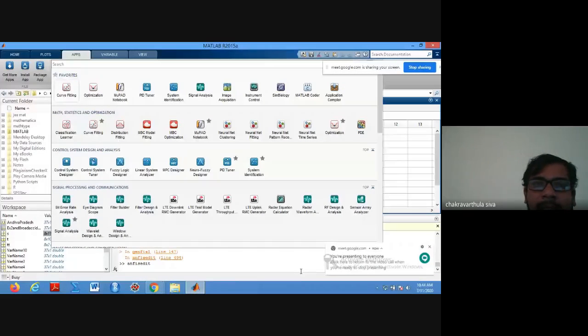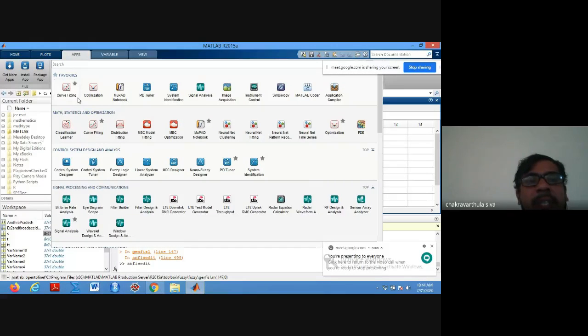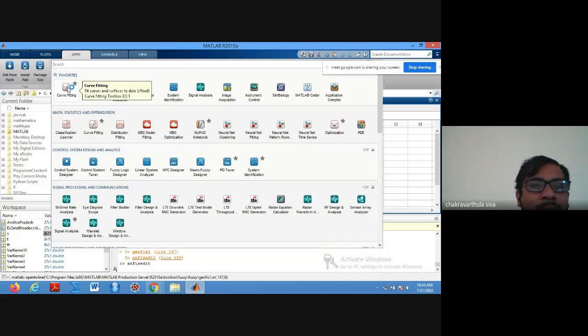Even here, whatever curve fitting properties we have studied at the engineering level, all those things you can execute by using this kind of simulation. We just have to select the data, whether you want to plot a linear curve fitting or polynomial curve fitting or exponential curve fitting. If you have data, then you can directly add those variables here, and then we can get